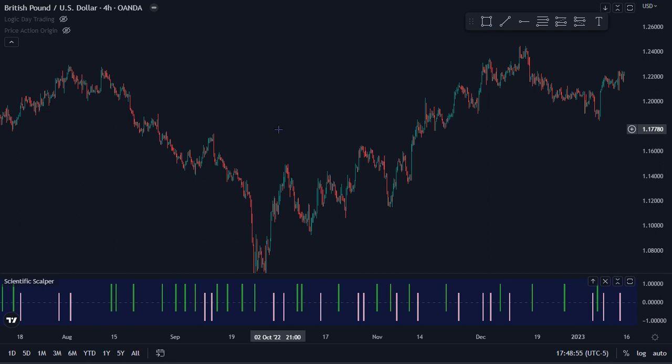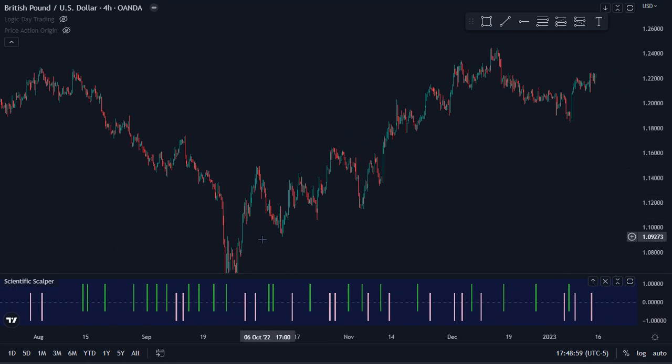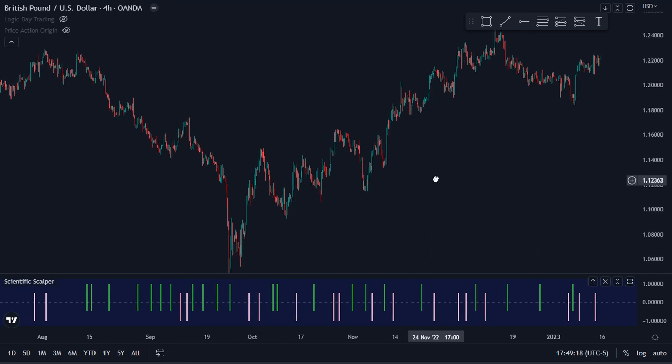This is Ronald, and in this video, we're going to go over the price action here in this big uptrend on the British pound US dollar 4-hour chart. You see here, I've got hidden at the moment the logic day trading indicator in the price action origin, and then the scientific scalper down here on the bottom. And so,